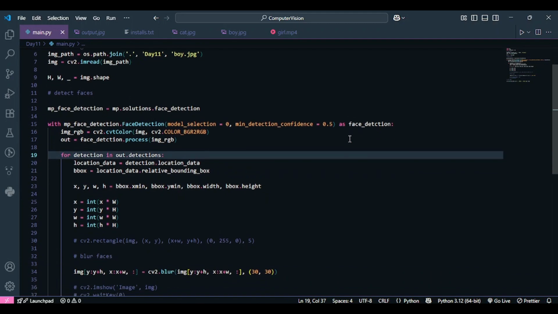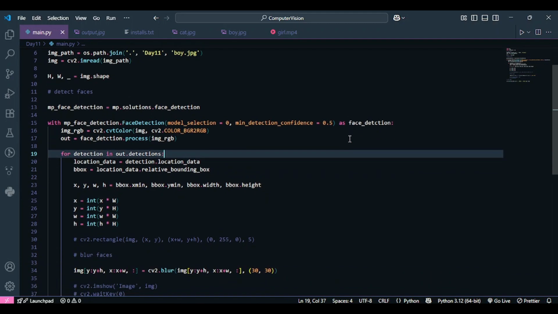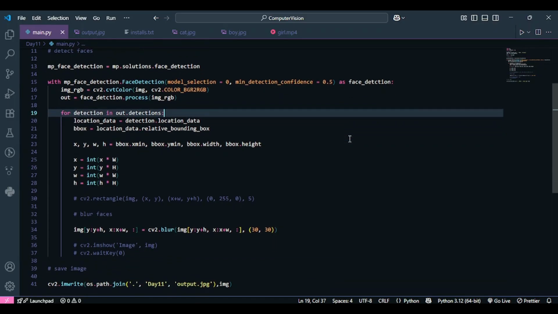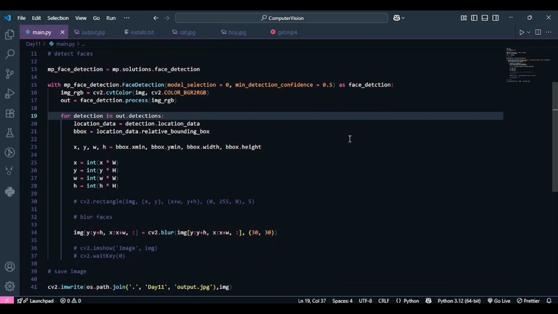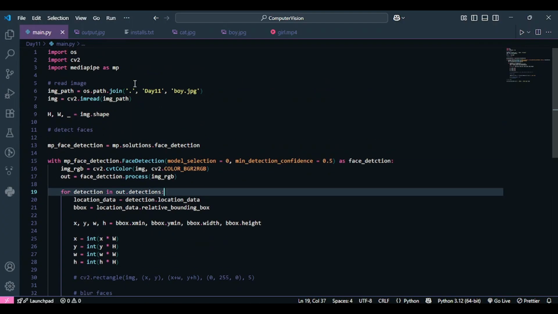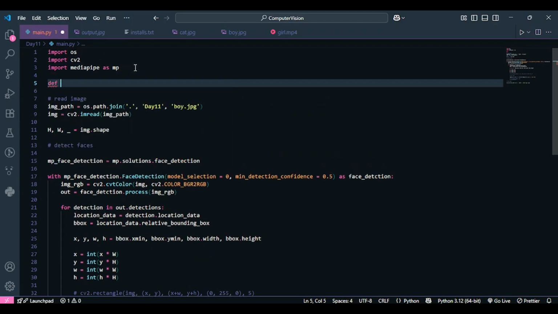Now, to generalize my anonymization process, what I have to do is I will create a function that will contain all these image processing techniques, because these are the techniques that I want to repeat. But instead of doing that for an image, I have to repeat that for every frame of my video or every frame of my webcam. So what I'm going to do is I am going to create a function over here. I'm going to call that process image, and this is going to accept two parameters, an image as well as a face detection model.